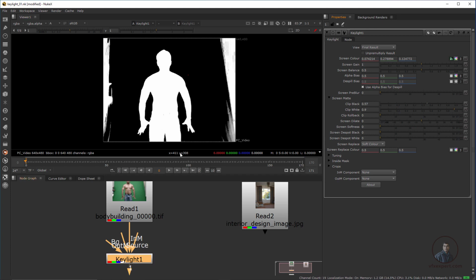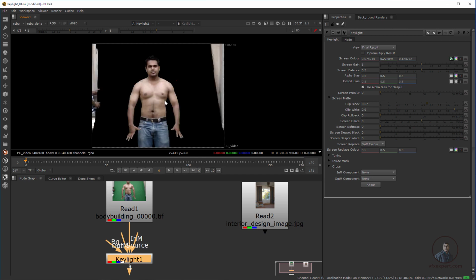After this we will remove the perfect chroma with the help of different methods. After this we will composite this on any background. Now press A here and come back to our RGB mode. Now first, the background. Okay, so this background.